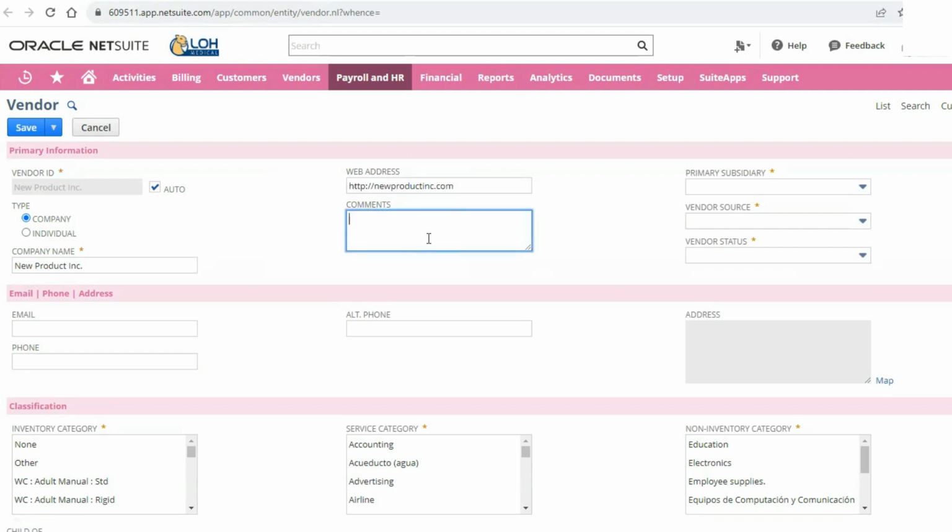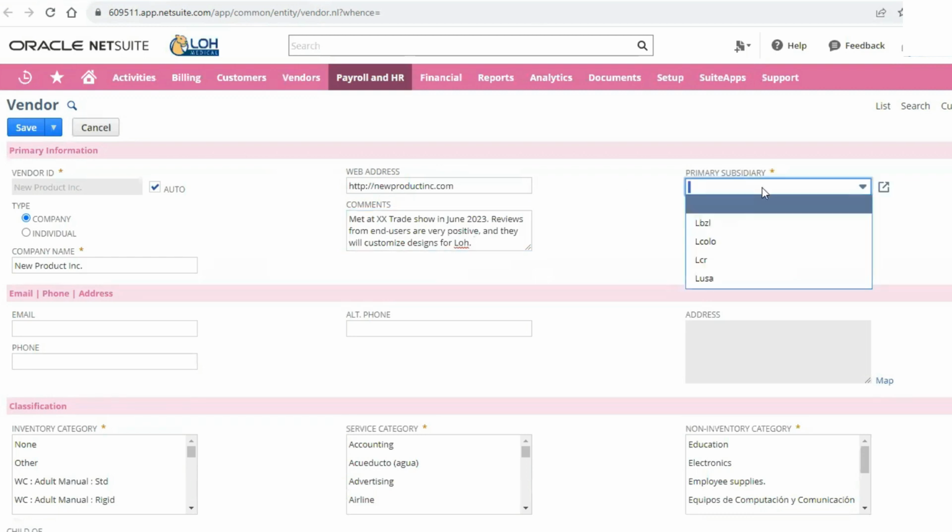And then you could say, met at Great. Okay, so you can leave a little note as to how you were made aware of this vendor, qualified them, and what they could do for us.